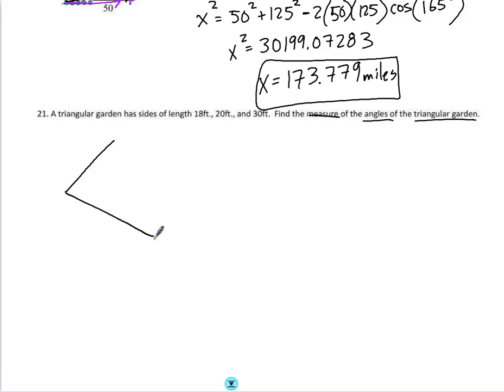So those are my sides of my triangle. I can label A, B, and C kind of arbitrary values. Doesn't really matter what I pick. I'm starting with angle A being on the shortest side of my triangle, because when possible, I always want to start with the smallest angle first. So if I pick angle A to be opposite of 18, I want to start with that angle in finding my measurements. So angle A,